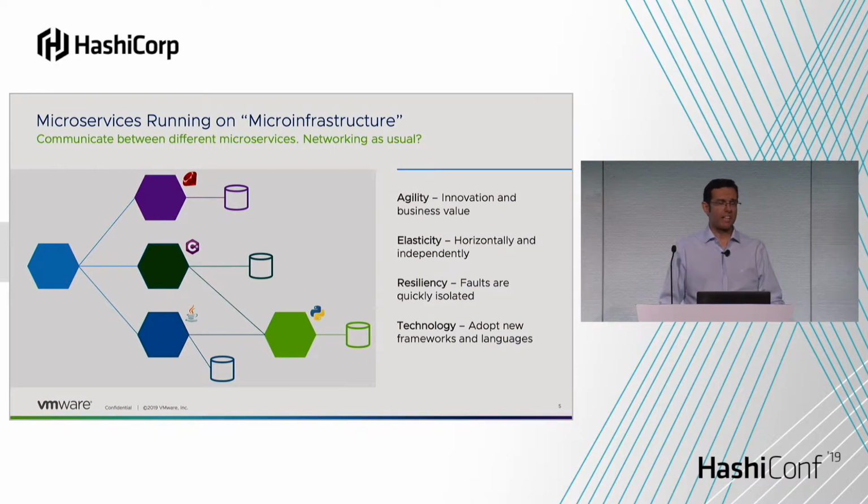It is much more elastic because instead of scaling the monolith, which normally scales vertically, meaning more hardware or a bigger virtual machine, microservices scale horizontally and independently from one another, right? So we replicate the microservices, and that also creates a new problem: